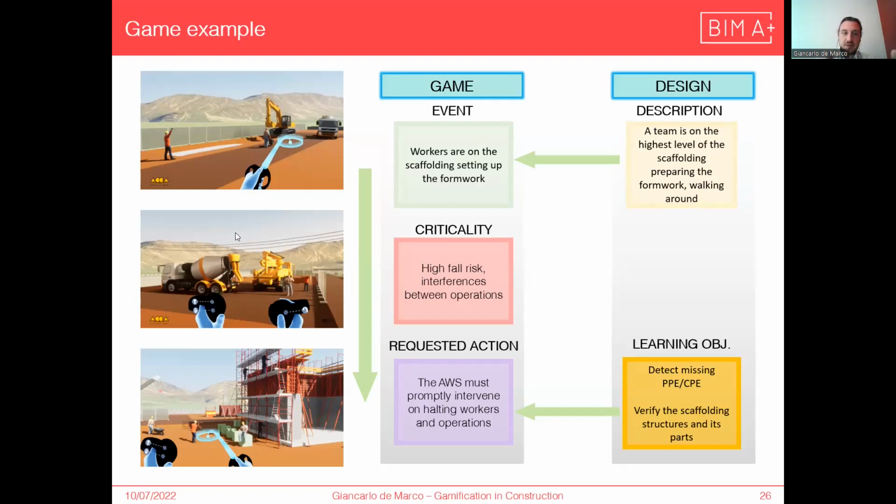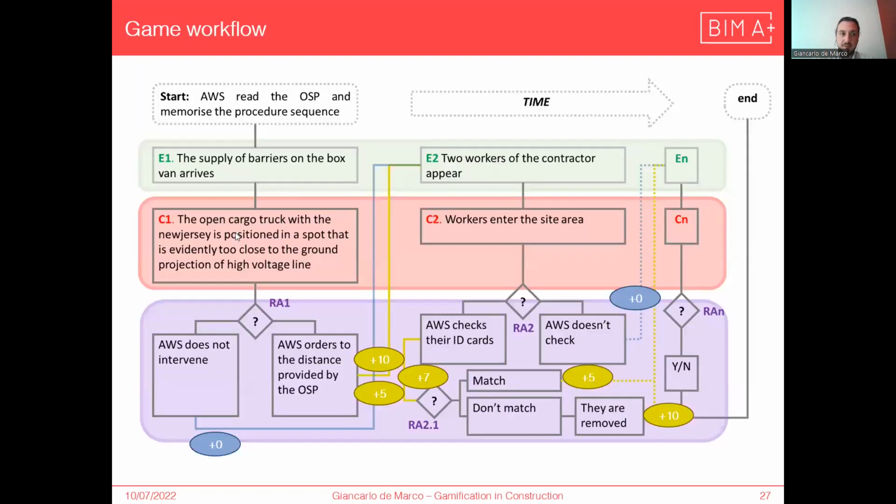Of course, in this presentation, the design and the event are the same because the description is a natural expression of the content of the event, while the game stack will be helpful for the designer to develop the content of the game. So the criticality here is the high fall risk or maybe interferences between the operations, and the requested action is for the appointed work supervisor to promptly intervene on the situation.